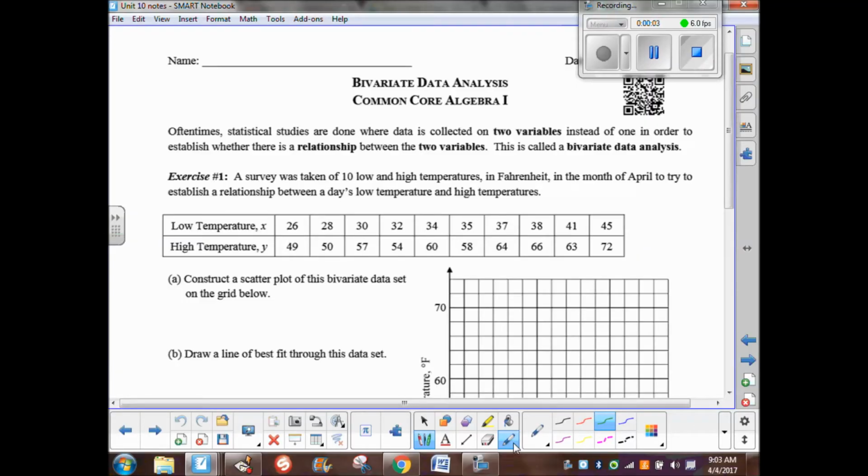Bivariate data analysis. We mentioned this word in the beginning of the unit. We picked it apart and said bi means two and variate means variable, so this is dealing with two variables. Statistical studies are done where data is collected on two variables instead of one, so that we can see relationships between the two. This is called bivariate data analysis. So we're not just cranking out numbers, we're looking at those numbers and analyzing them to make some